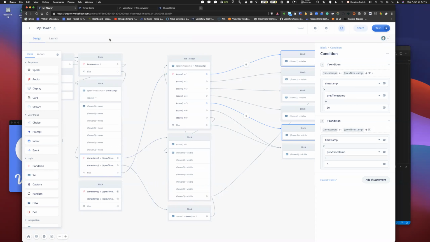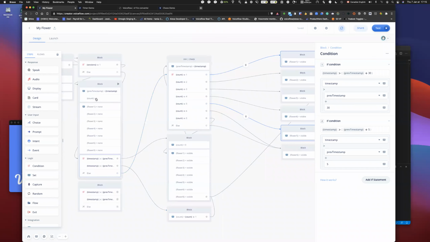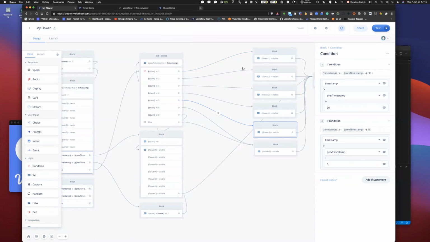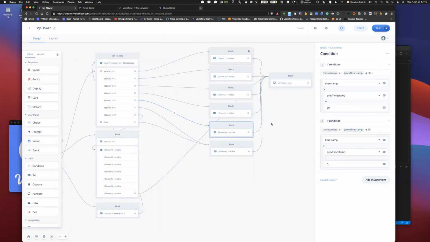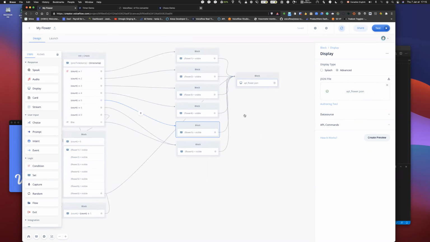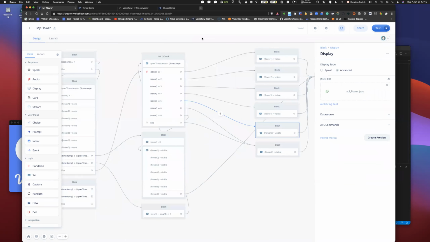So after that, let's say we are still on the first run. That's our very first station. We are doing all this, going here, and then as we are setting the count to 1 and in the init session, in that if block, we are checking the actual value of the count variable, and this will be 1. So we set the flower1 variable to visible, and then we are displaying that APL template. So let me open